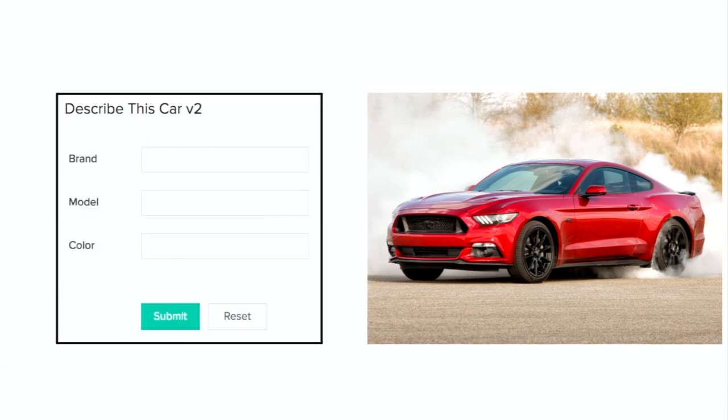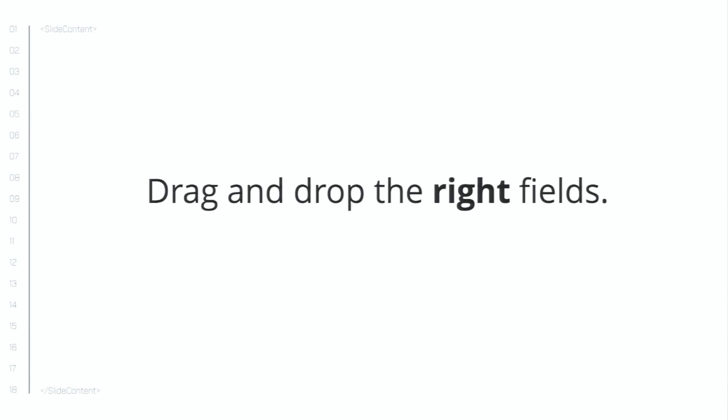Instead, we could have a form like this, which has different field types which represent the different attributes of this particular car. That is the brand, model, color, etc. So this is how you organize entities, the attributes of the entities that you have. That is a quick recap of our previous session.